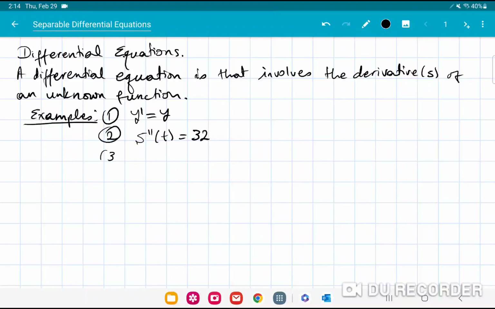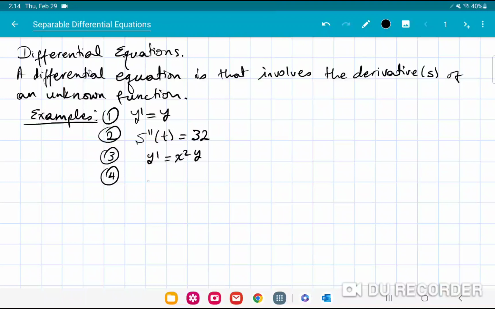I can create just a random one, say y prime equals x squared times y. That's a differential equation. We don't know the function, but we're trying to find a function whose derivative equals the function multiplied by x squared. Okay,